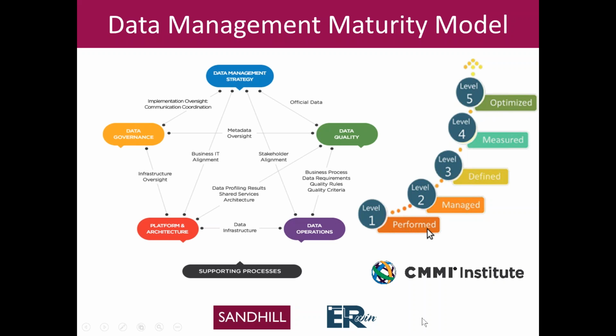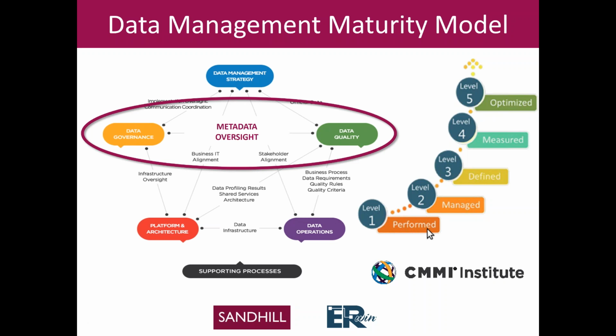And interestingly enough, again, rather than just a process hierarchy, the DMM has this rather interesting definition, looking more like an ER diagram, that says all of these basic areas are interconnected at a very high level. And the question that has come up when we start to do assessments of the DMM is, can I not just do data governance? Well, you can, but the fact is that it's very interconnected with a lot of other things. And the one that we look at, particularly from the metadata perspective, is this notion of oversight. It's really the main connecting point between data governance and data quality.